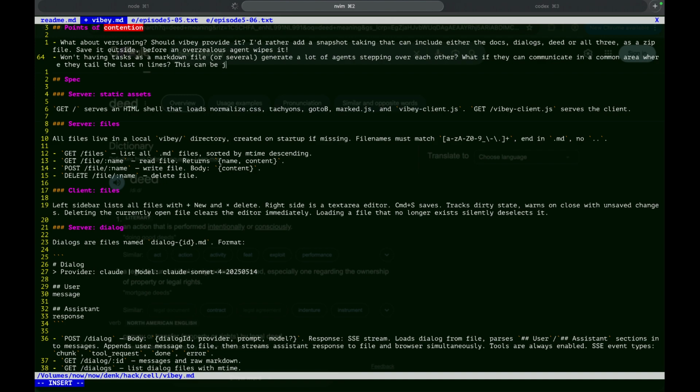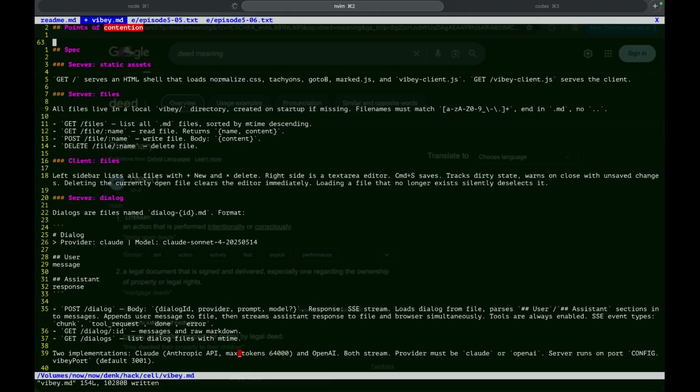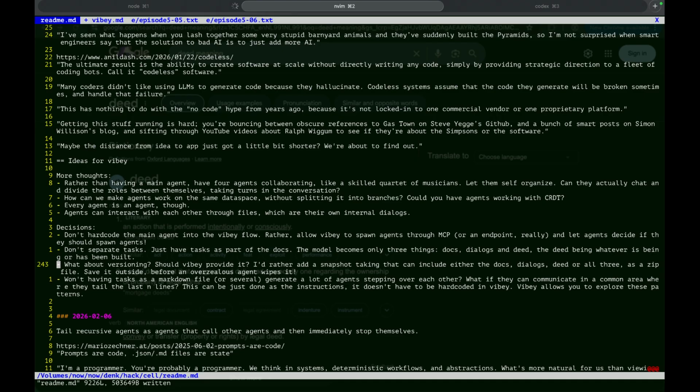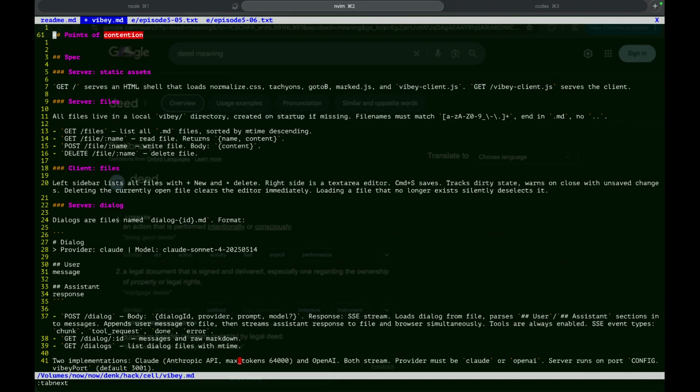This can be just done as the instructions. It doesn't have to be hard-coded in VIBEY. VIBEY allows you to explore these patterns. Let's put this in the notes. Anything else?